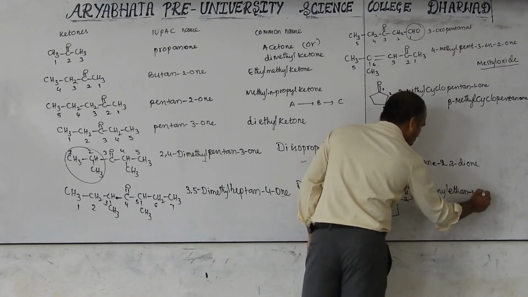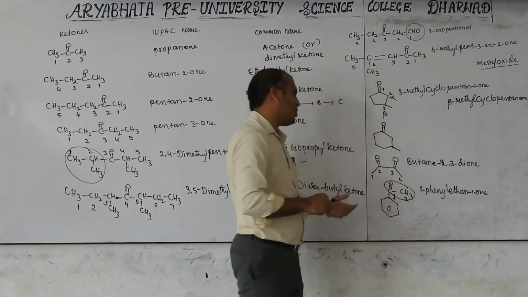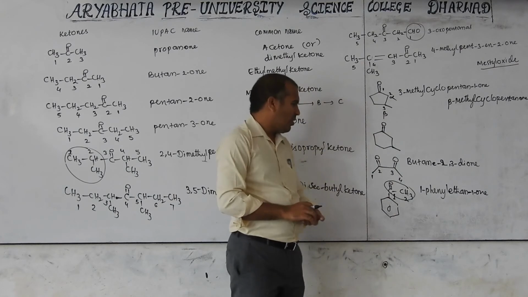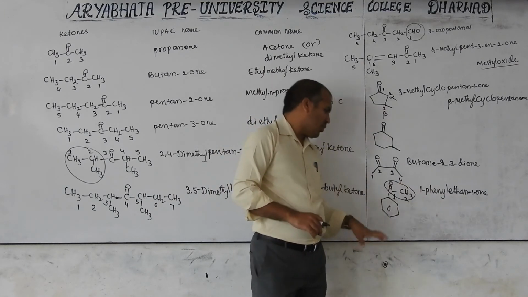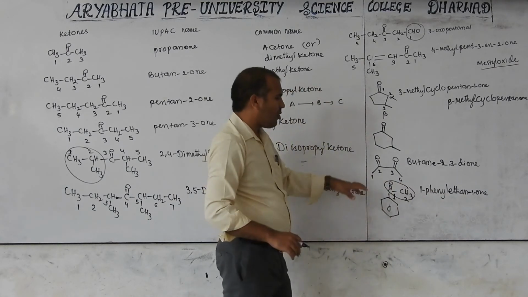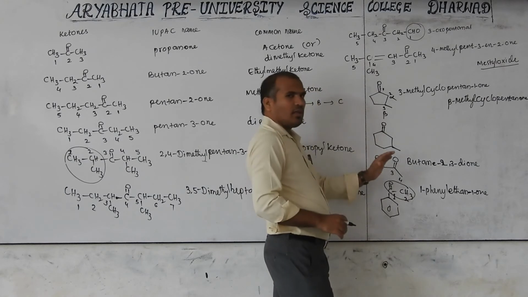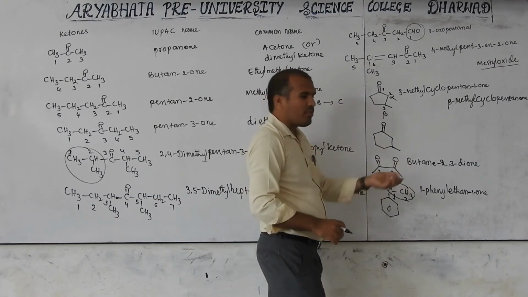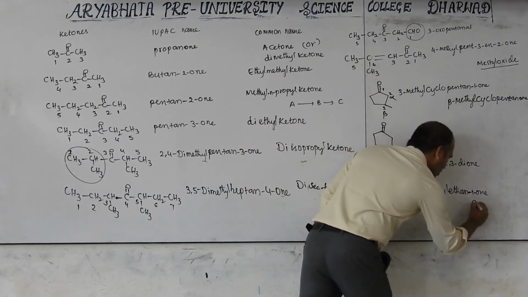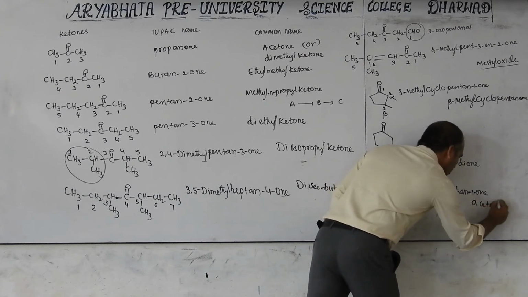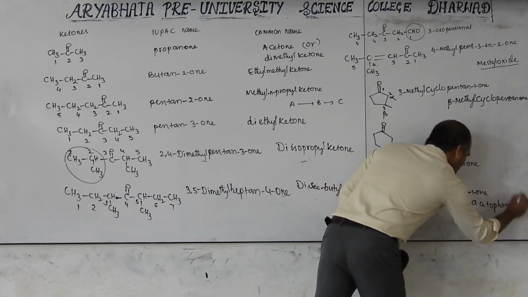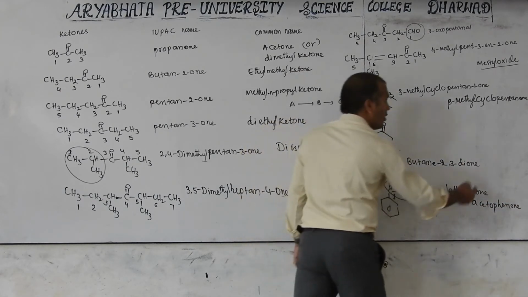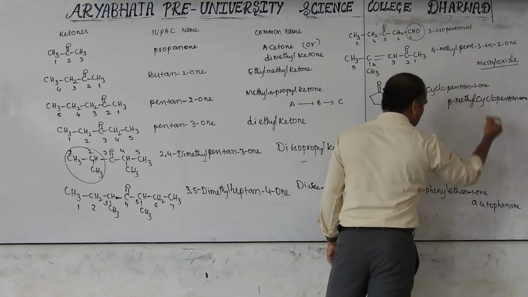Ethane 1-ol. On ethane also you can write, there are only 2 carbons. So, 1-phenylethan-1-ol. This is the IUPAC name. The common name, what I told: first the acyl group as a prefix followed by phenone. That is called acetophenone. This is the common name. So what I have written down is the common name.